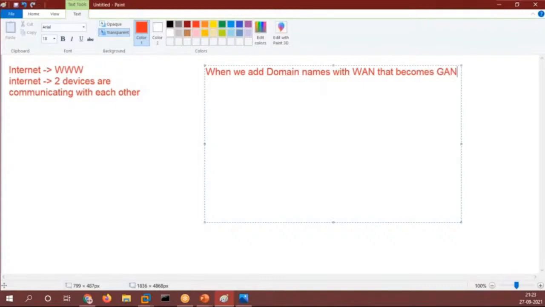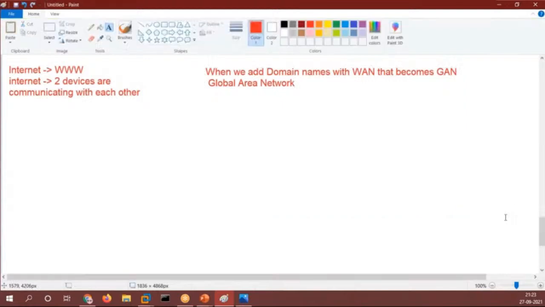GAN stands for Global Area Network. If you are accessing any website, it is not just a wide area network, it is a type of wide area network, and that type is known as global area network, because we have added domain names. If you are accessing Google, that is called your global area network. Clear, everyone?